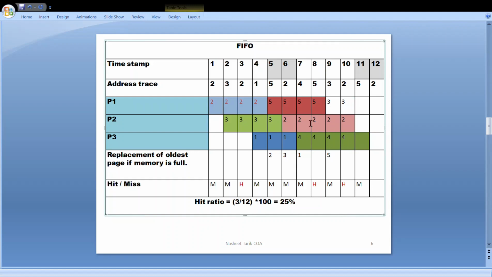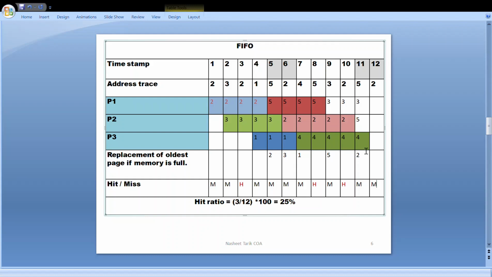It is 2 times, so 2 is again the oldest one, so we will be replacing page number 2 over here by page number 5. Now, just now we replaced page number 2 by 5, and now again page number 2 is coming. So unnecessary page faults are there, and the miss rate is increasing in this type of algorithm.